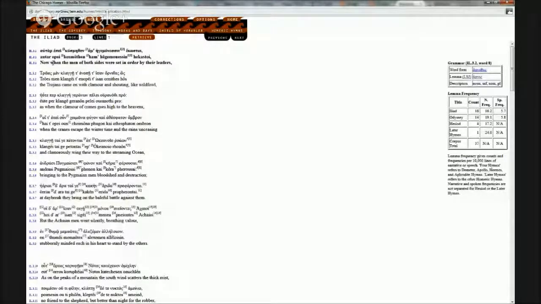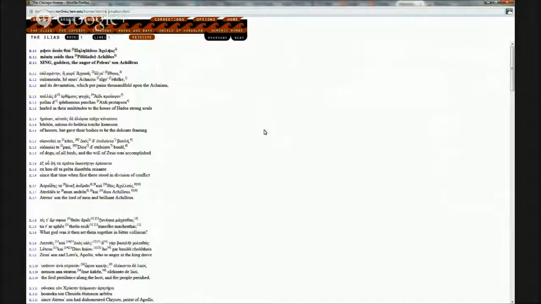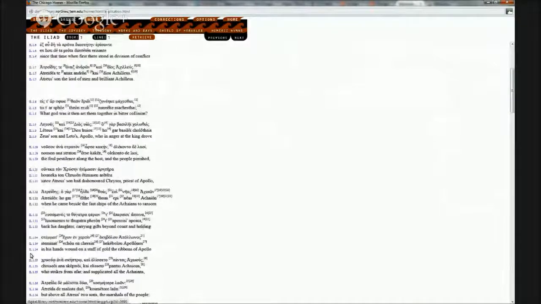Another thing you can notice is that sometimes when you scroll, I'm going to go back to Iliad book 1, just for the moment. I'm going to go to line 14 because I know I've got an example that's going to give us something useful. You can see that some of the English words also highlight in red. Not all of them, but some of them. So if we click on the word hands, we can see over here at the right-hand side there are two different Greek words that have been translated into English as hand. And one of them, cheir,